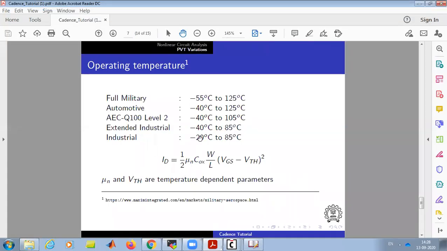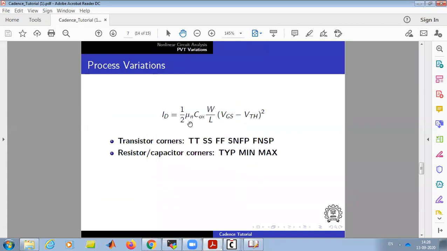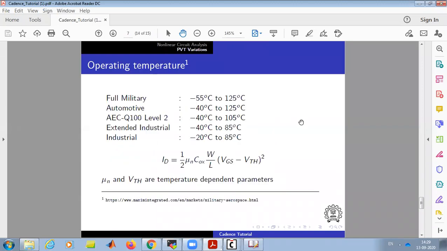If we increase the temperature, the random variation will increase and the mobility will decrease. Similarly, VTH will increase. And in process variation, it's not only the mobility, VTH also varies with process. I forgot to mention that earlier.